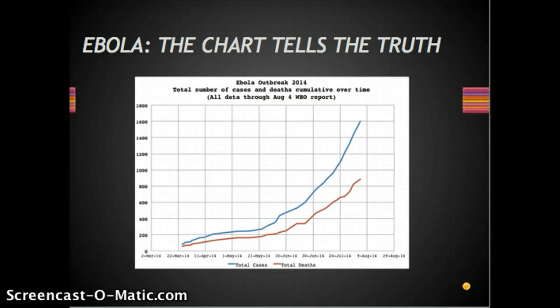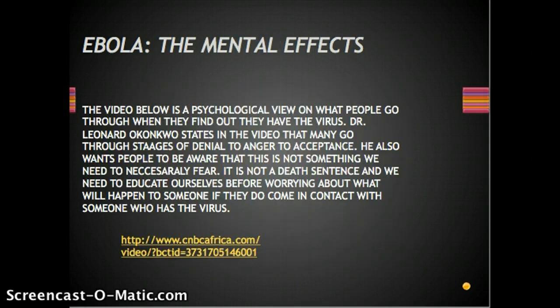And that was just in August. And then also the death toll went from under 200 in March to, right before August, a little over 800 people. Like I said, that was August. So now that we are in September, October, we know that the death toll has gone up even more to over 4,000.